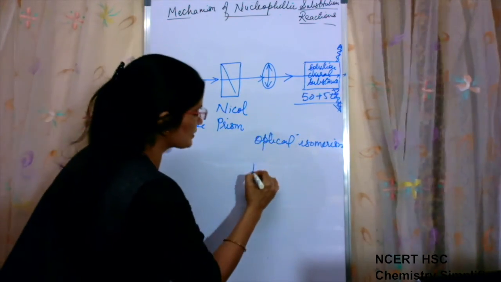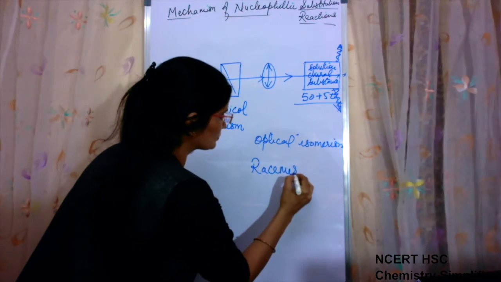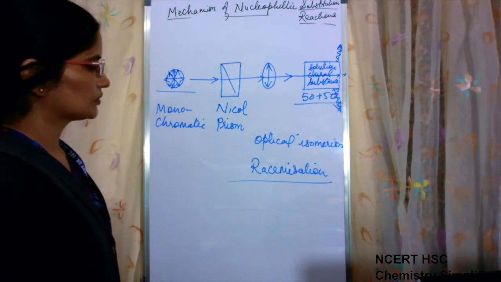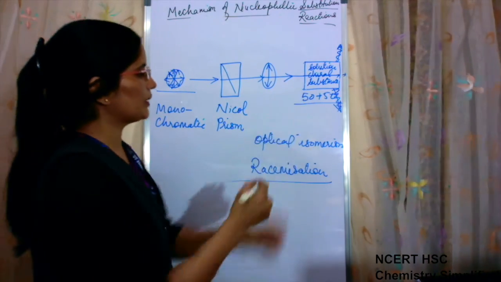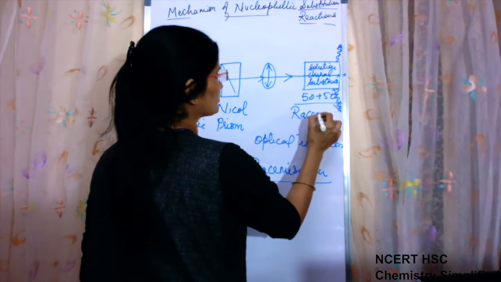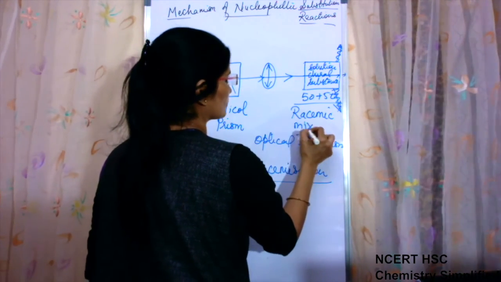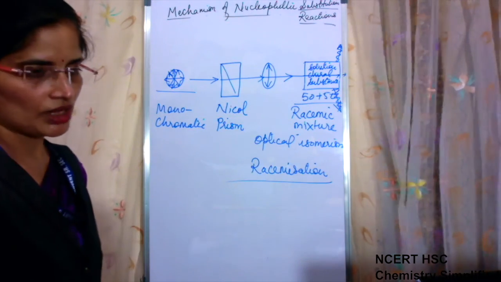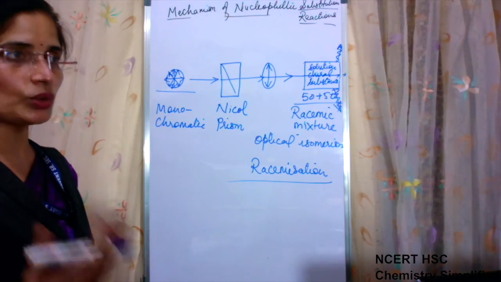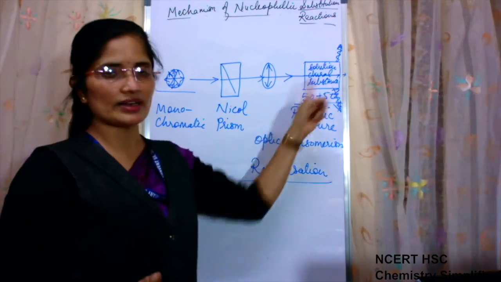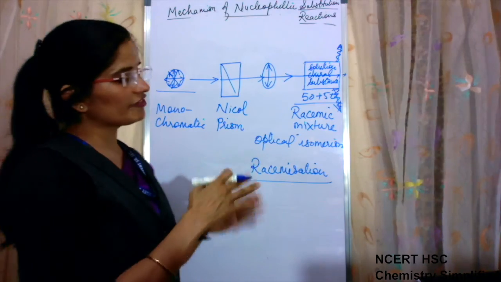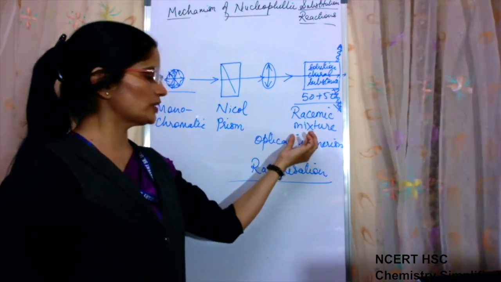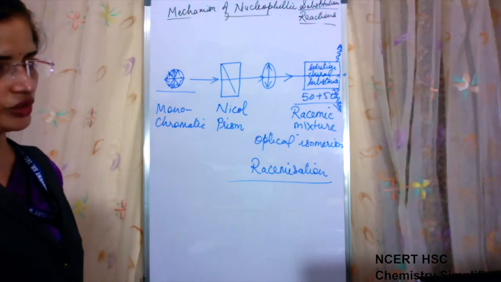This is known as racemization. This phenomenon is known as racemization. And this mixture which we have prepared is known as a racemic mixture. This mixture is a racemic mixture and the process is racemization. So when we want the light not to deflect in any direction because of chiral molecules, what do we take? We take a 50-50% solution of both and convert it into a racemic mixture, and then there is no deflection of the light.